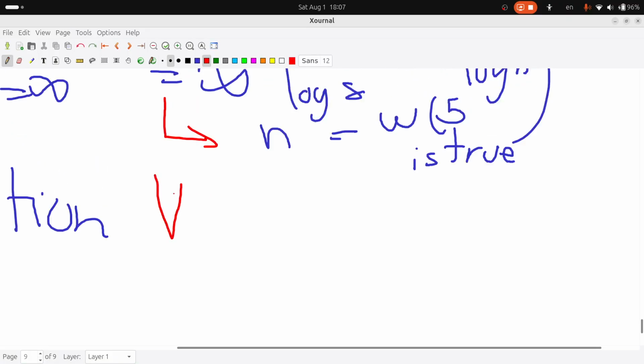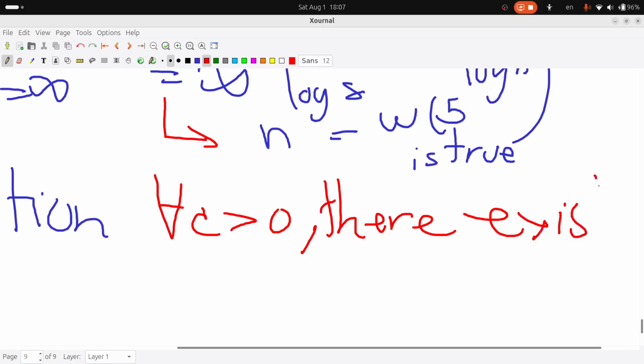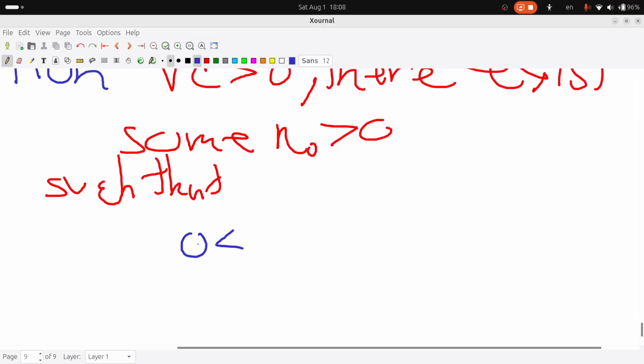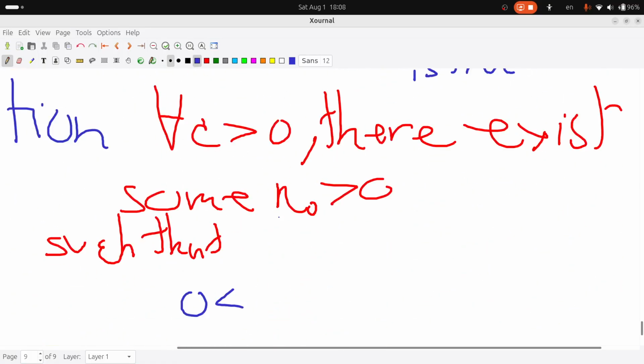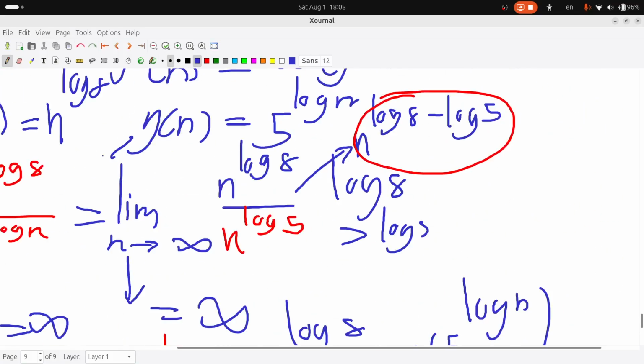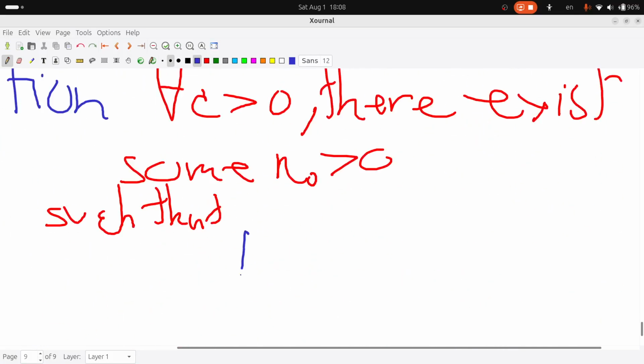It is that for all c greater than 0, there exists some n0 greater than 0 such that, and we write it like this, or we can write like this. Let me, the f(n) is, it should be f(n)